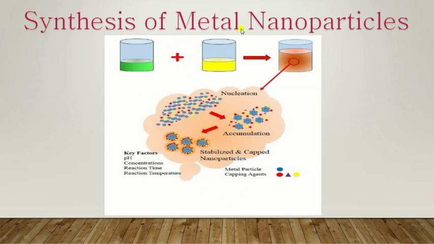This is the diagram that shows the synthesis of metal nanoparticles. In this, we add the metal salt and capping agent, or we can say the reducing agent, which will form the metal colloids. The metal colloids are followed, in an equilibrium process, by nucleation; the nucleus will be formed. Once the nucleus is formed, the growth starts, and after that the accumulation of these nanoparticles occurs. These particles will crystallize together and accumulate.